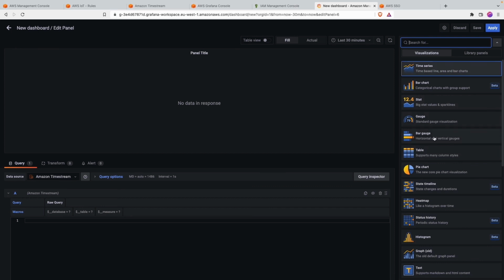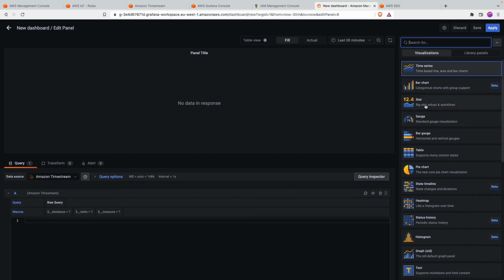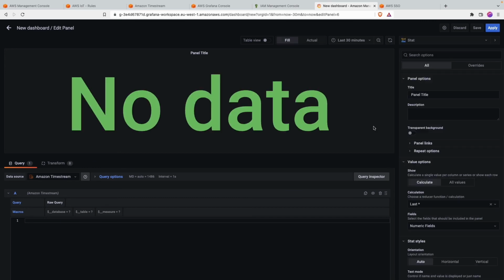We can get bar gauge, table, pie chart, a number of things. Let's say now I'm interested in just getting the metric, the last metric. So I'm going to say, okay, give me the measure value, which is a double, from the database that's selected and the table that's selected, where the measure name is measure name like